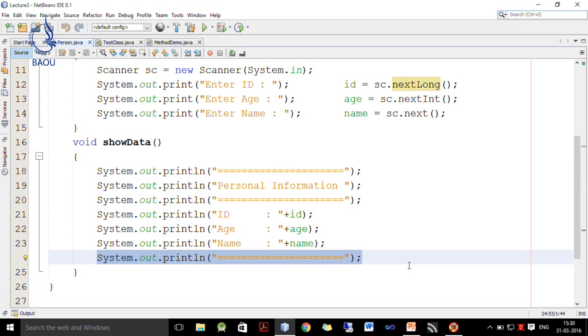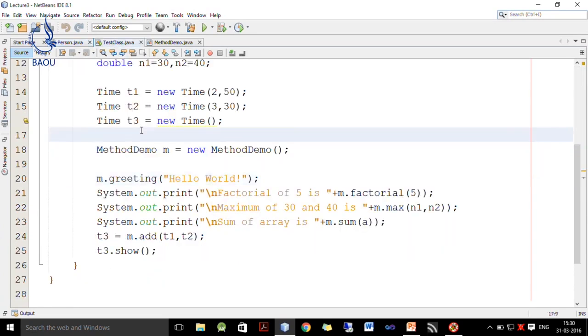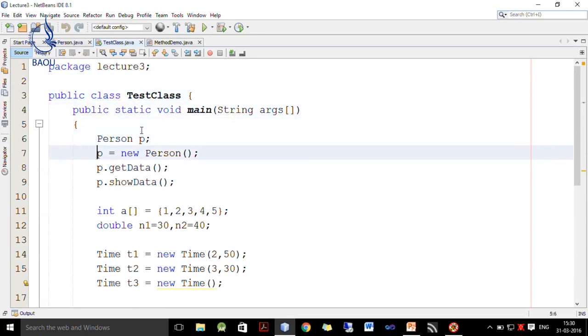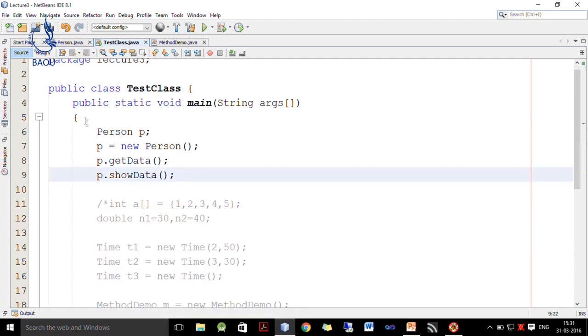Now, how to test this class? So, this class is public, so it can be called inside this test class. So, here I comment out this portion, and now this test class has a main method.